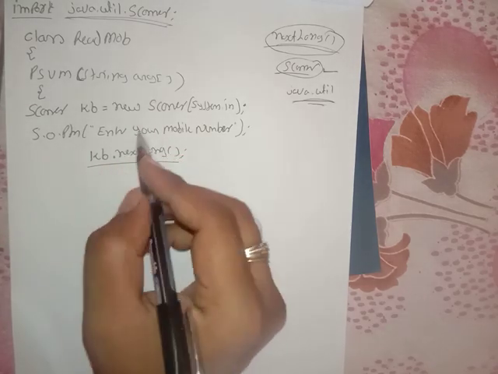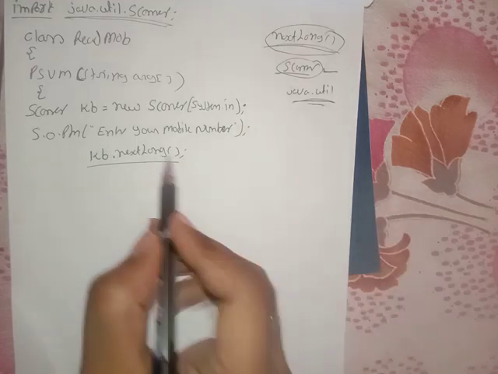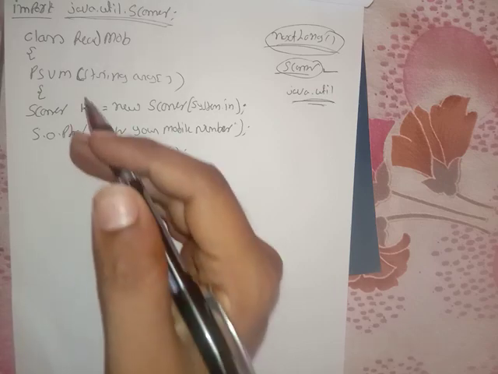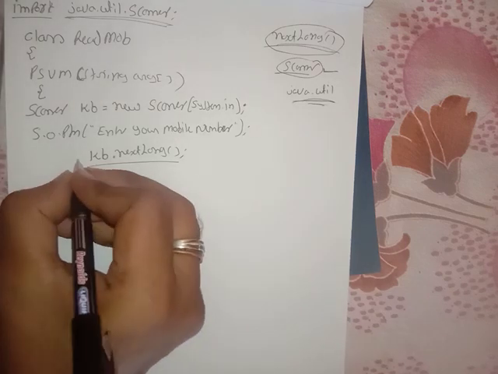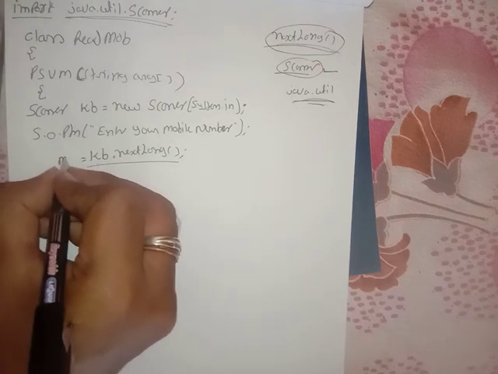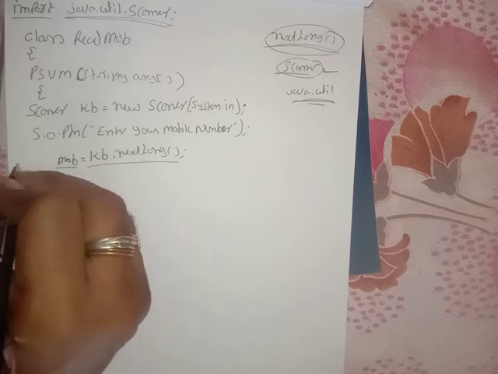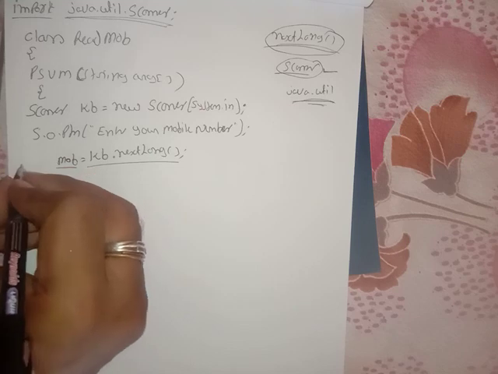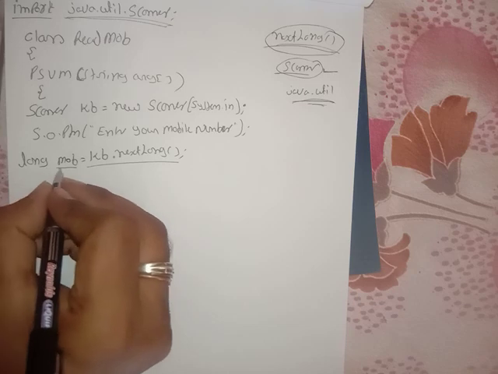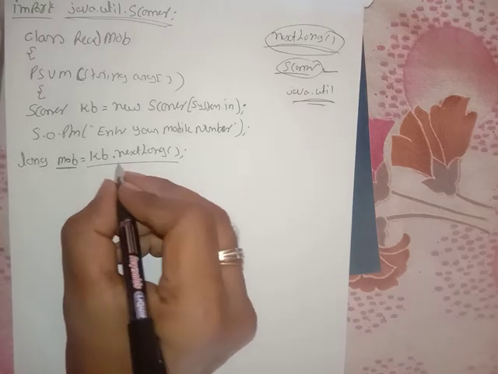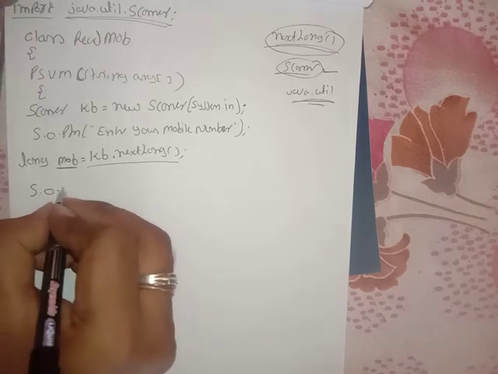When I run this program, first it displays enter your mobile number. You will enter 9740642202. Whatever you enter, it reads and returns. If you want to use it further in your program or application, you must store it. To store, you need a variable. Here I am using the variable name mob. Whenever you want to use a variable name, it should be declared. Which type? Long type. So you use the keyword long, which makes mob a long type. Whatever you enter is stored in the variable mob. Then in the future you can display it.